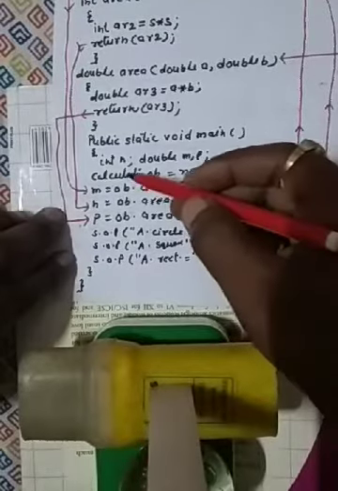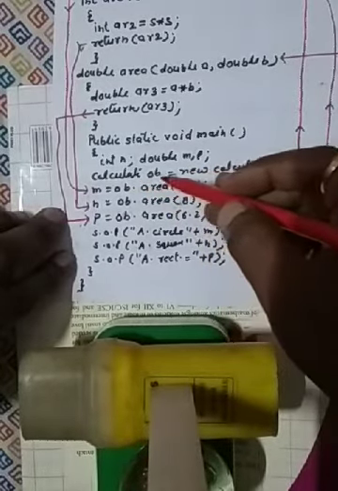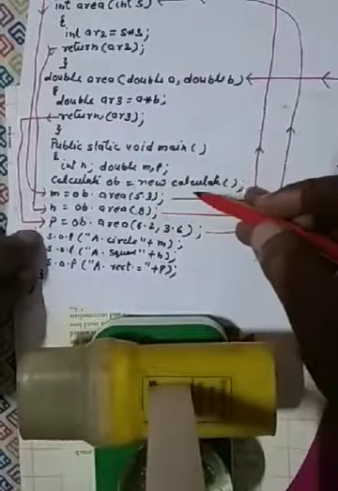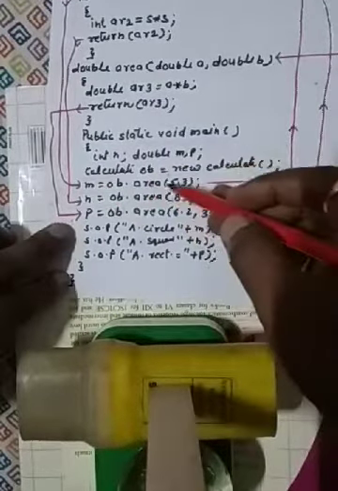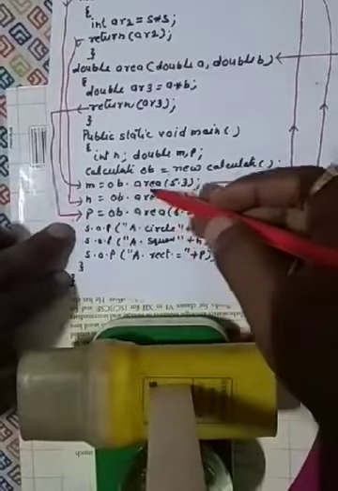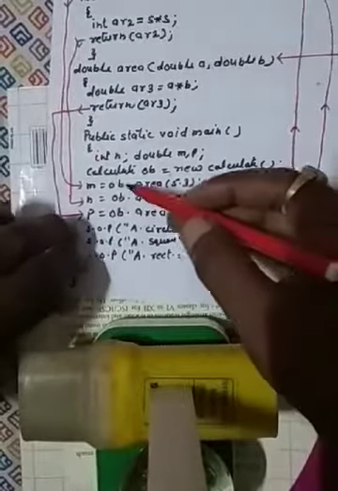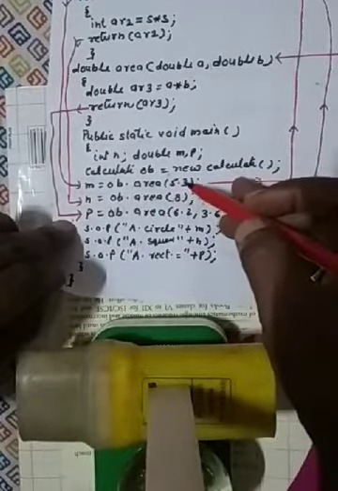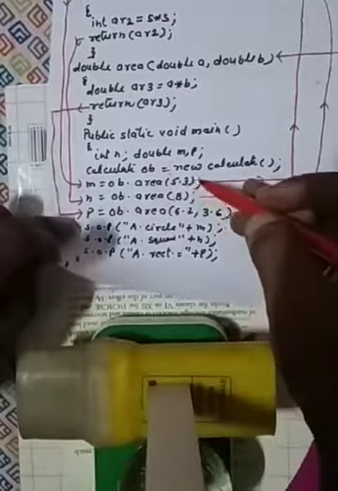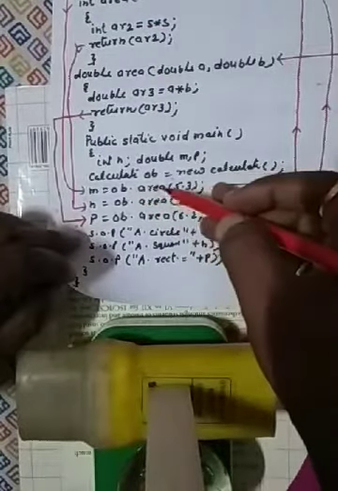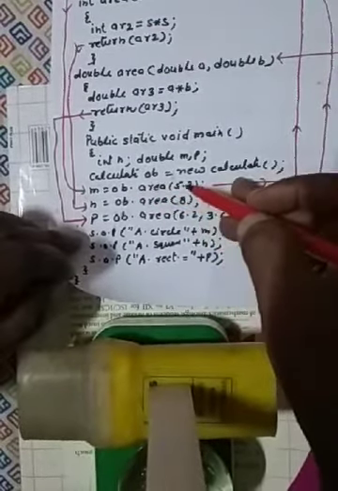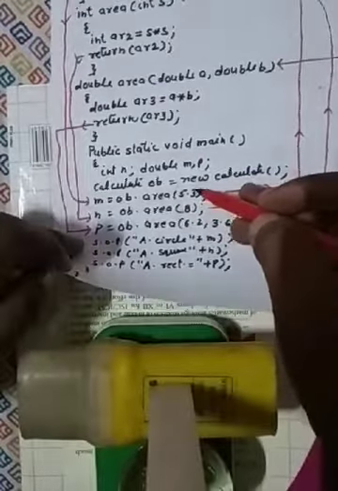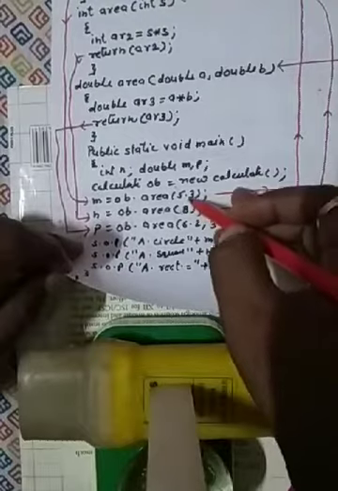Inside the main function, we will create an object of the class. The class name is Calculate. So Calculate OB is equal to new Calculate, where OB is the object name. So M is equal to OB dot area 5.3, this is called the function call. Here the parameter is the double 5.3. Alright. Because all the functions are named area, when the area function is called, which function will be called? It will be distinguished with the help of this parameter.